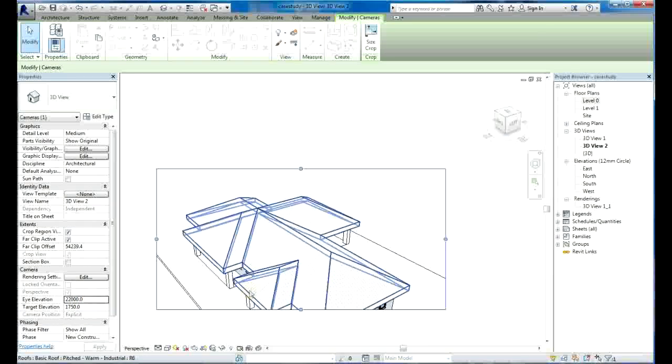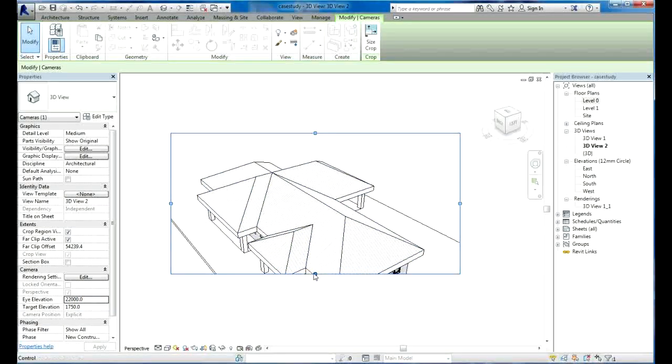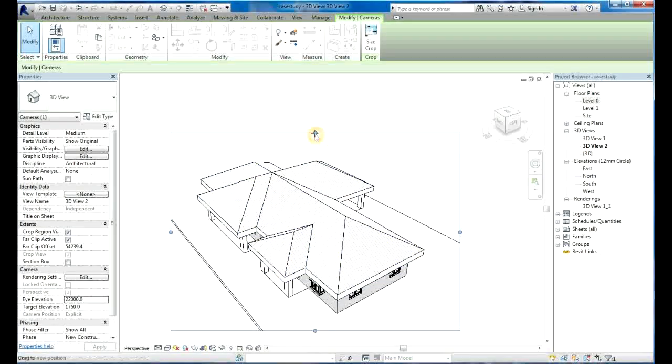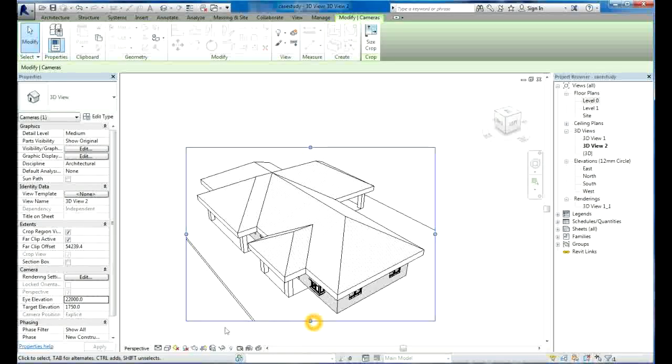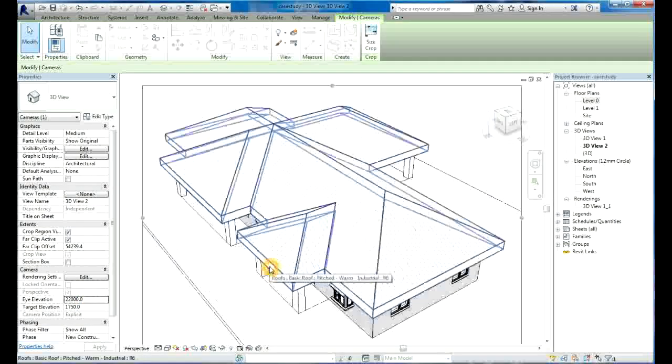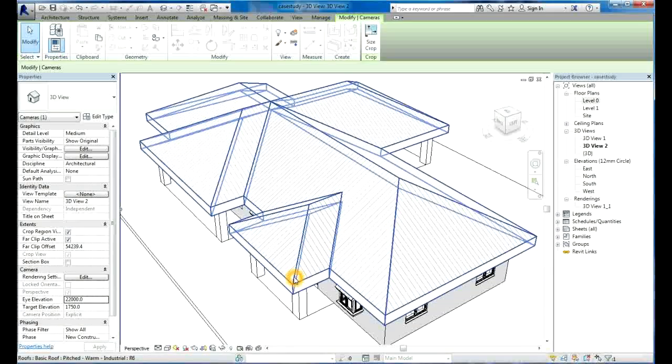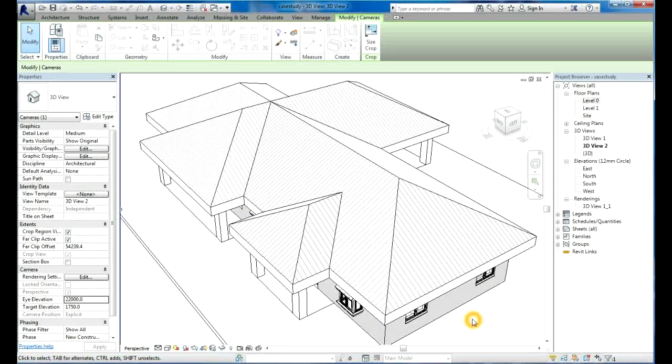You can see it takes it right up, and that's a bird's eye view of the project, and it's just really changing the eye elevation in the properties palette. And if I just increase, or scrolling a little bit,